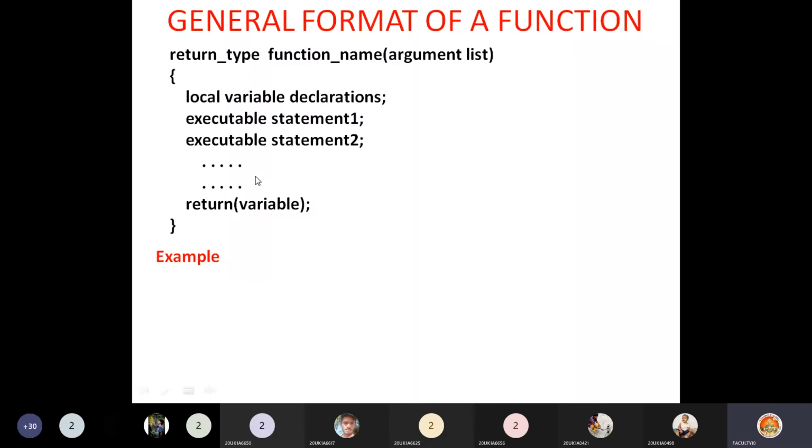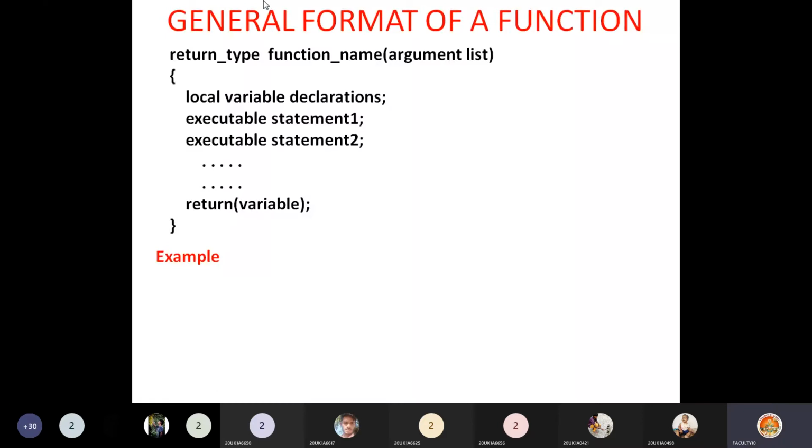Finally, if you want to return a value to the calling function, you can do it by using the keyword return, and within the parenthesis give the value or variable you want to return. Then from this function the value will be returned to the calling function. So this is the general form.